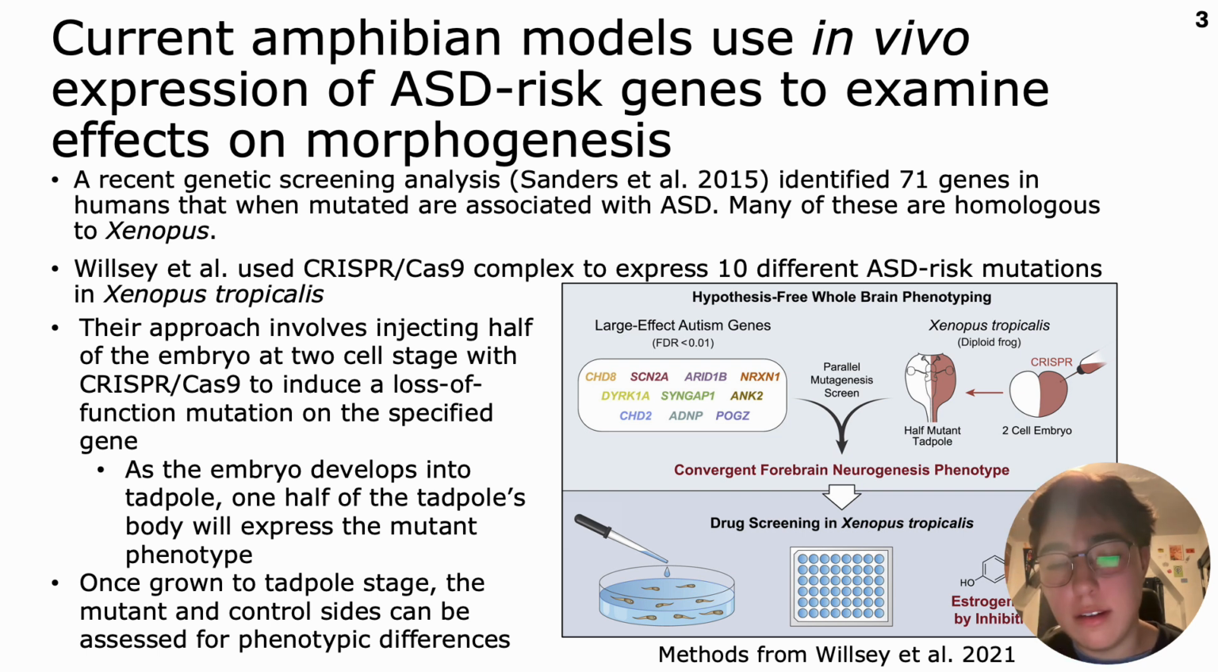mutation, so a loss of function mutation in the specific ASD risk gene, while the other half of the organism was just the control. That way they could compare both sides of the tadpole at the same time, which is a very reliable model rather than having different kinds of organisms, which could have subtle phenotypic differences that would be hard to differentiate. So once they grew these tadpoles to a later stage, they assessed them for their phenotypic